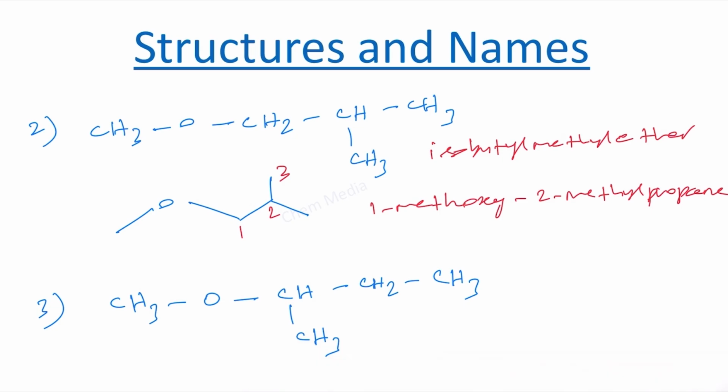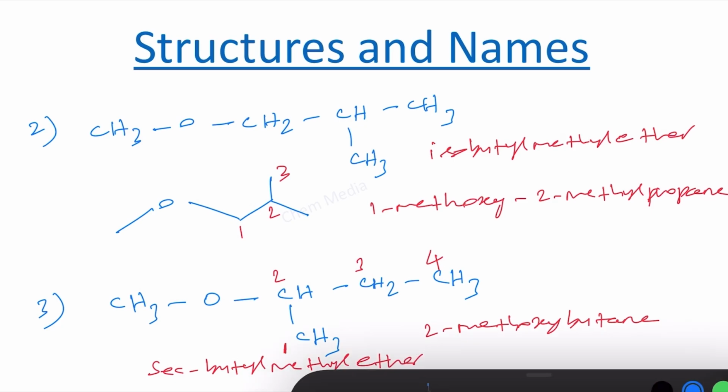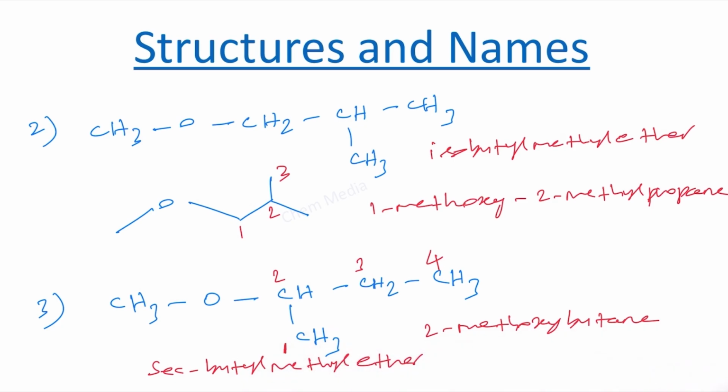In this case, the numbering has to be done from here 1, 2, 3, 4. This is 2-methoxybutane and the common name is secondary butyl methyl ether and the corresponding structure in bond line notation will be CH3O and then CH, CH3 and then